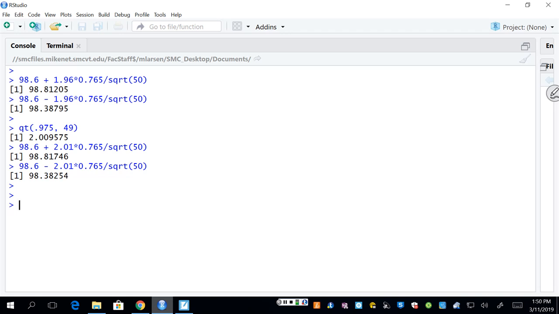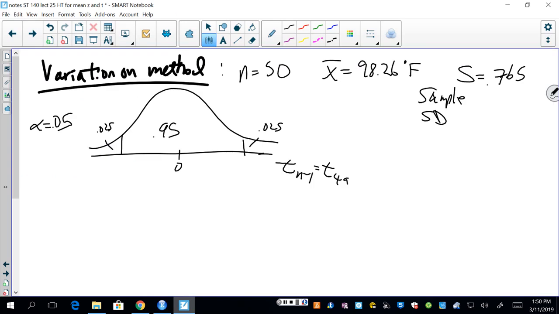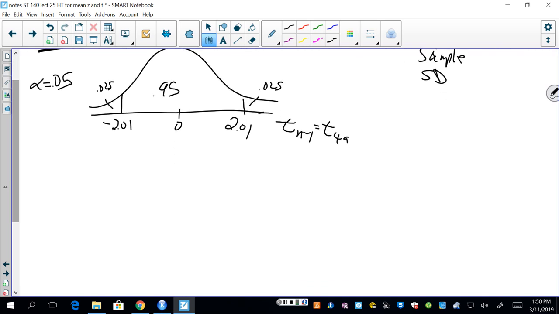The 49 is not in our t table, right, because it jumps from like 30 to 60, things like that. But that's kind of at the midpoint between two places. So our table would tell us something like 2.01, 1.99. So that's kind of in the middle. 2.01 is pretty close. So 2.01, negative 2.01. So we're going to reject the null hypothesis